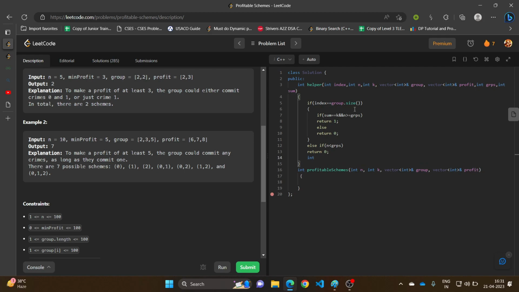Now this is just int not take, where I just want to move ahead: index plus 1, n, k, group and profit. Now since I'm not taking anything, groups would remain the same and sum would also remain the same. But